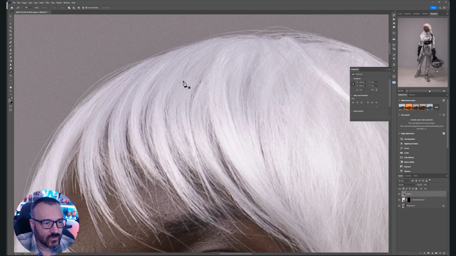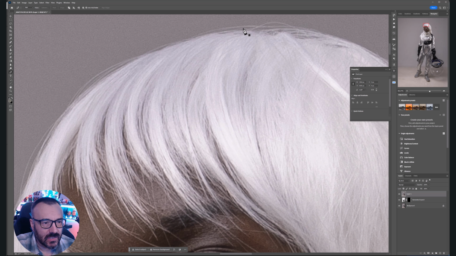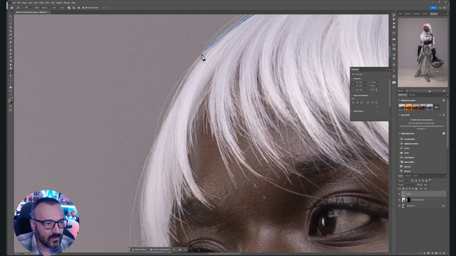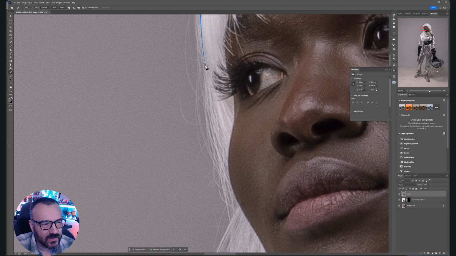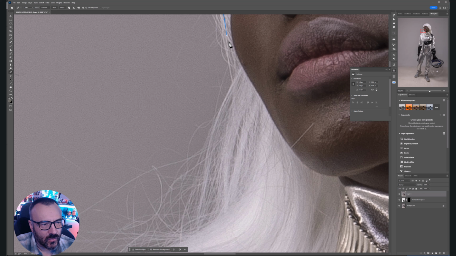And I'm looking at her hair. It's okay if we cut a little bit of hair out, as long as it doesn't stick out, and it will work fine. So what I'm doing is just taking my pen tool and going around the hair. As I'm going, if you have a hard time working with the pen, you just click and extend some of those handles, and you just don't go crazy, just follow the curve. If I follow the curve, you see how it sticks just fine. And I'm going right here around her hair,